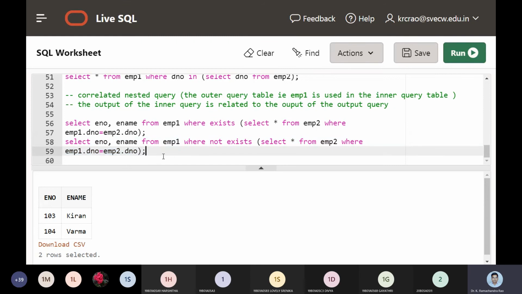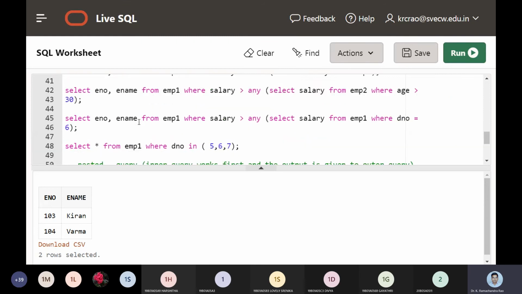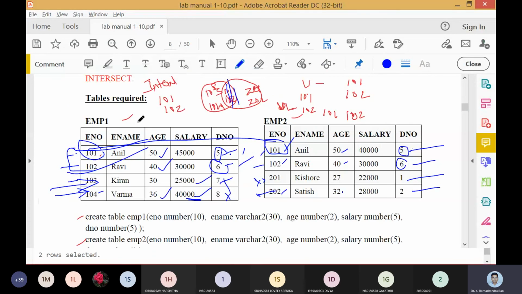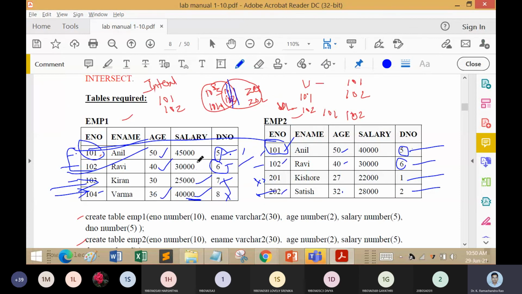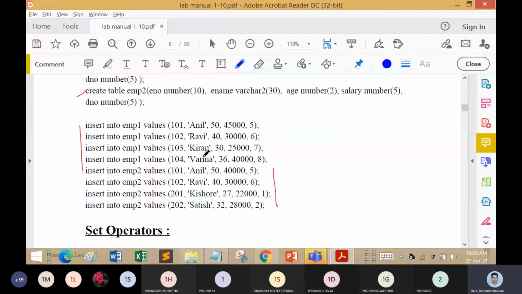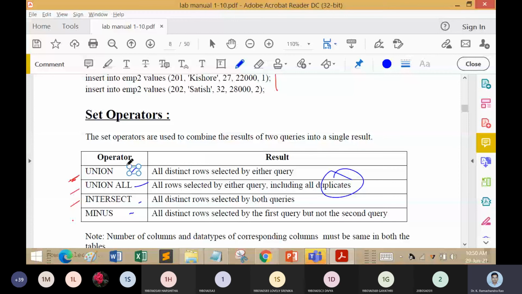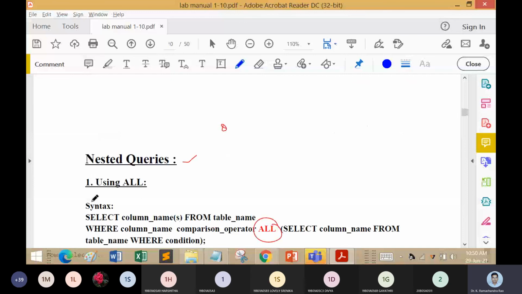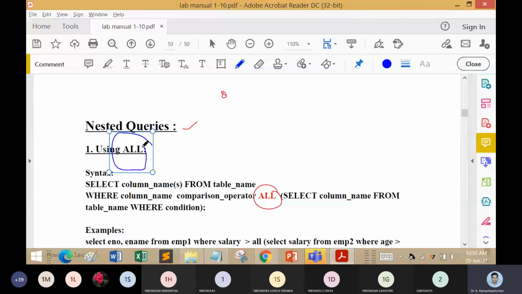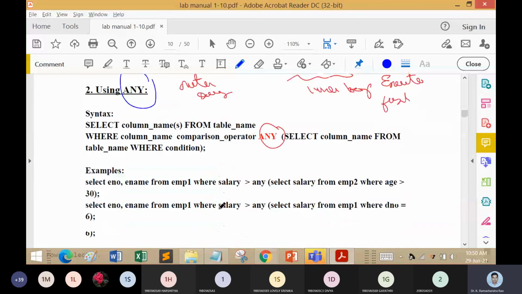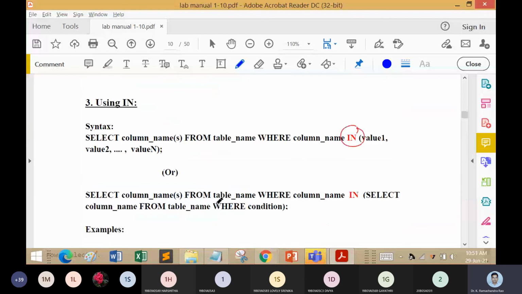These are all part of the correlated nested queries. So in this experiment number 3, we started with set operations. There we discussed union, intersection, union all, minus. Then we covered nested queries, with the all operator and the any operator. The any operator is an OR operation, all is an AND operation, and in fits a range.